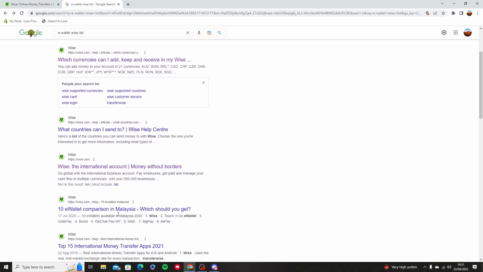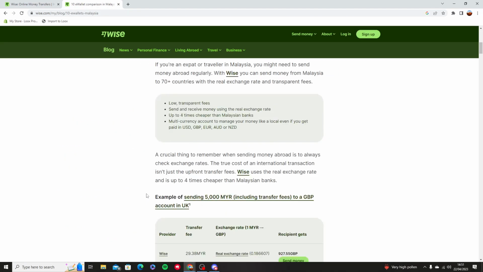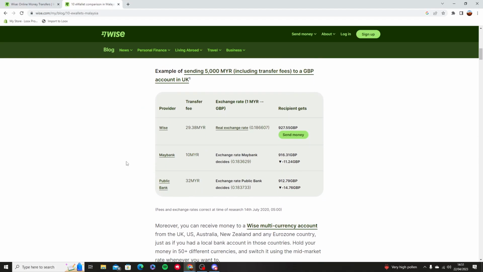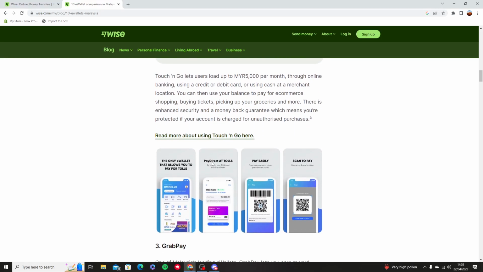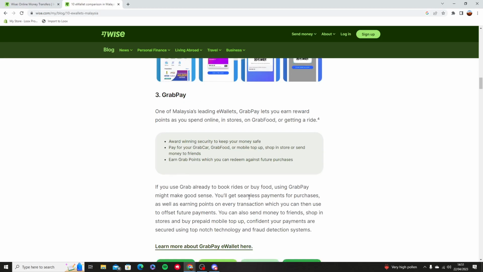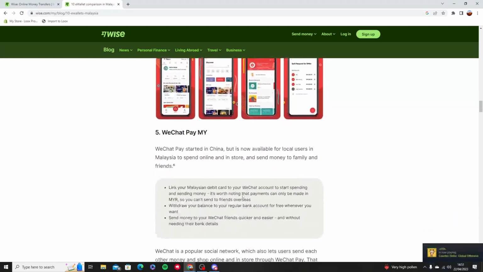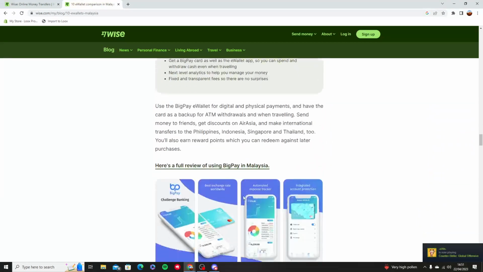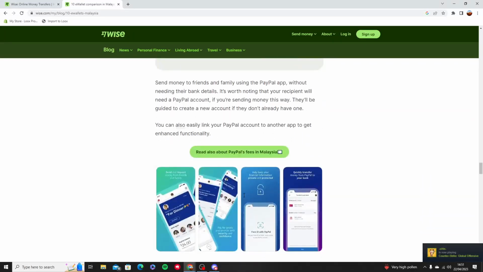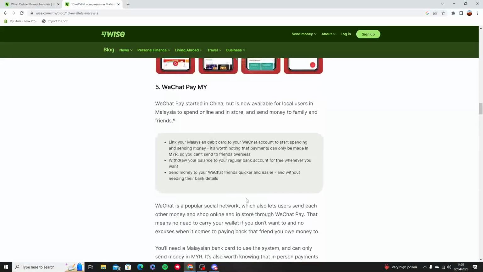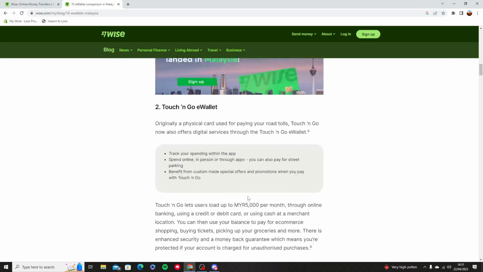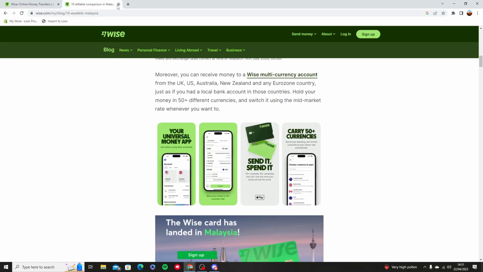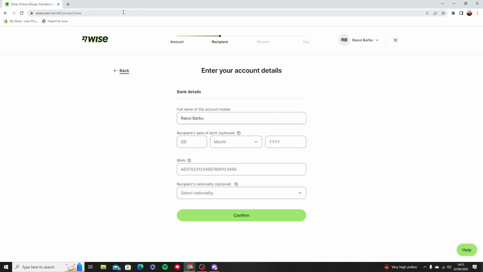But also, you can add to 10 e-wallet comparisons. So you have Wise, Maybank, Public Bank, which are different providers. Now you have different e-wallets such as TNG Card, GrabPay, Boost, WeChat, Maya, BigPay, Alipay, PayPal, Settle. So you have all of these different e-wallets. One of them is also called Gcash. So you're going to press on Gcash, add in all of your different details, and in that way you can send money from Wise to